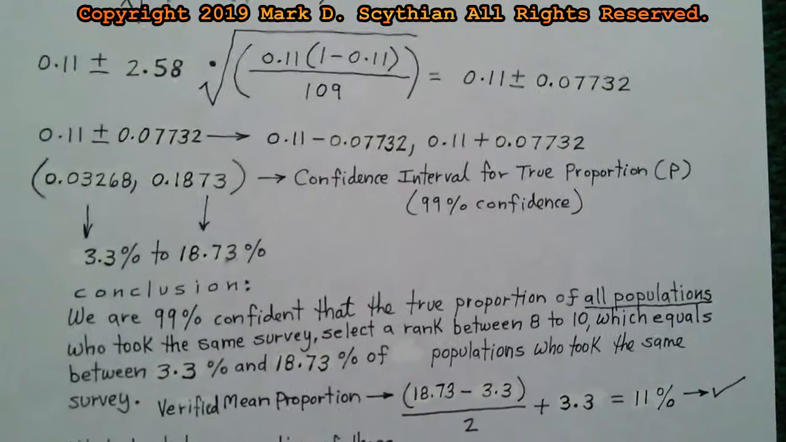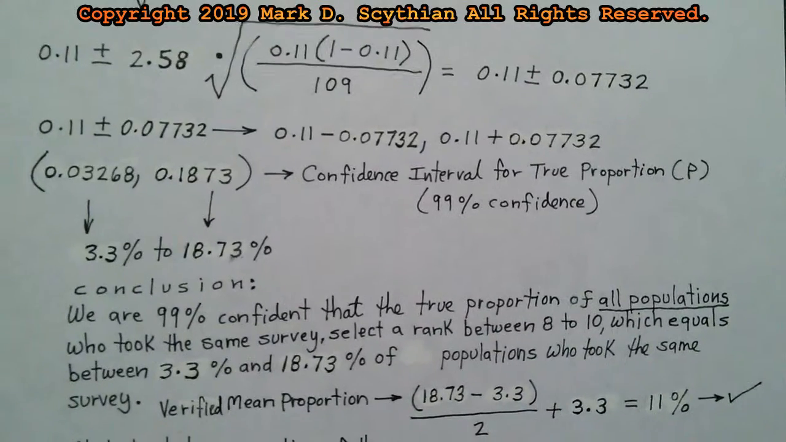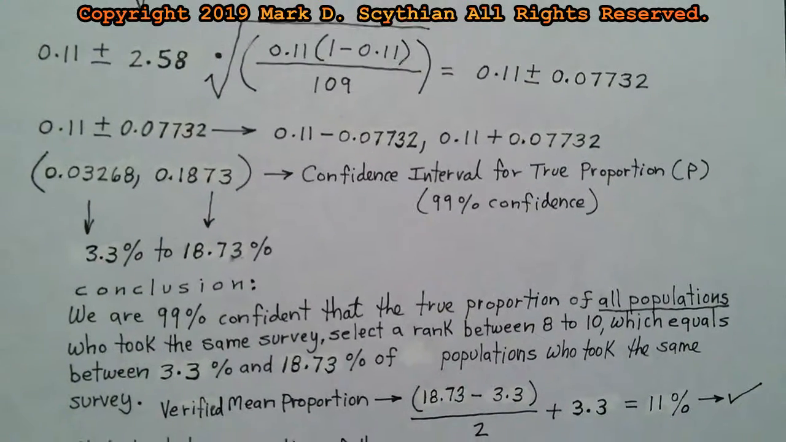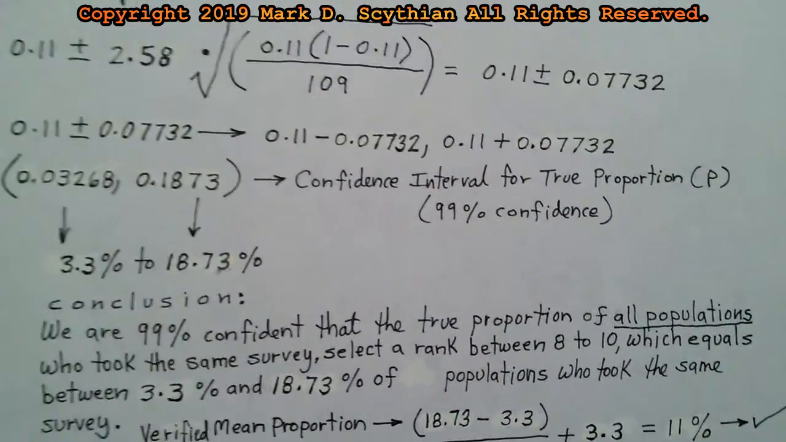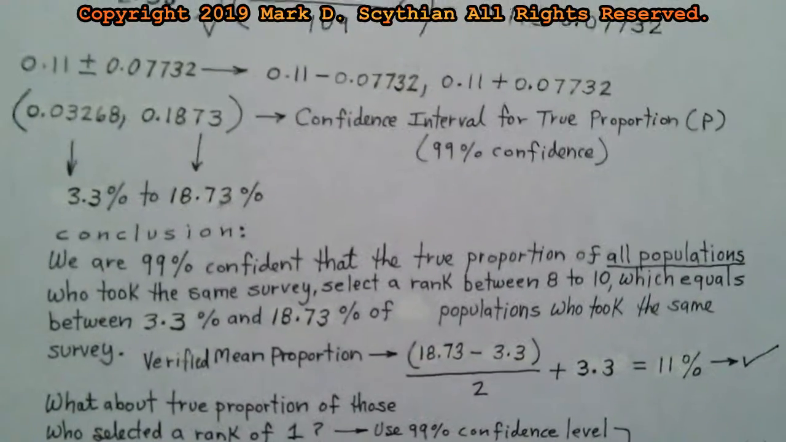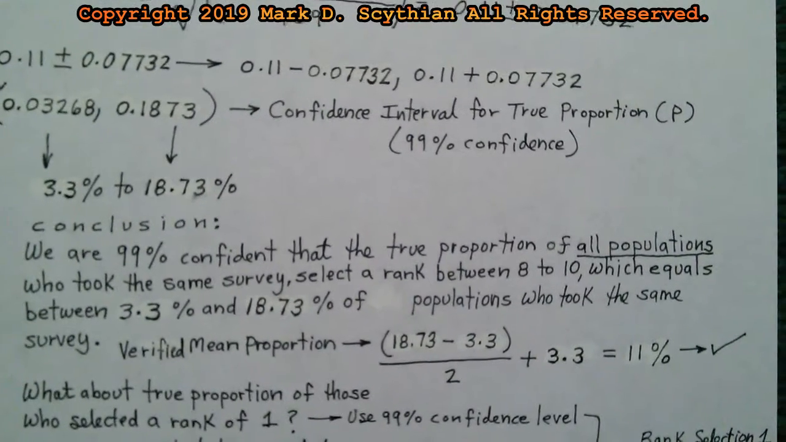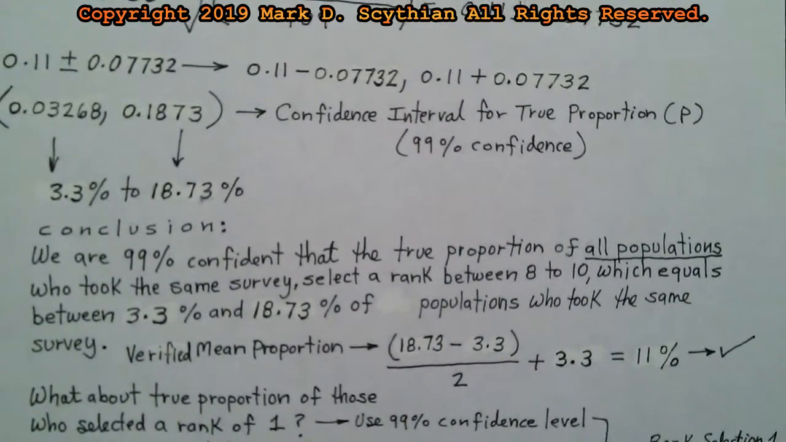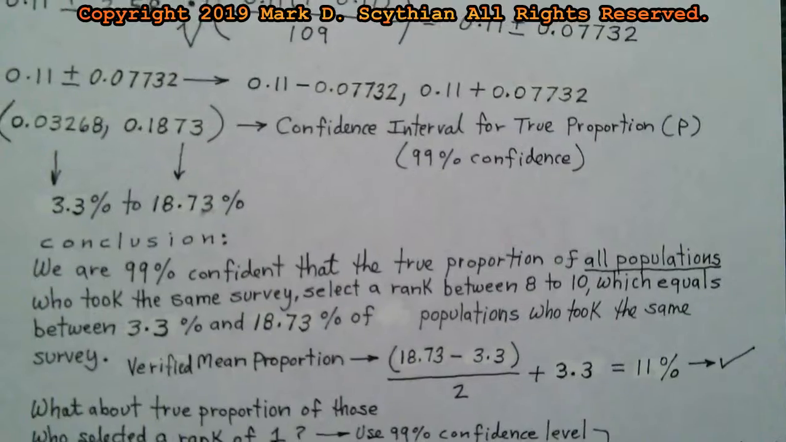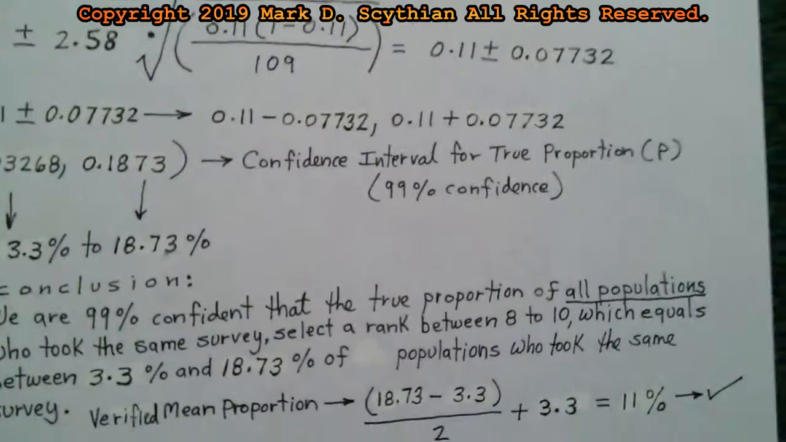But if you want to know the limits, so what are you dealing with? You put the same product out on the market, and you took this normalized distribution from a random distribution using central limit theorem, then derived into a confidence interval for proportions. You will get a conclusion, which is we are 99% confident that the true proportion of all populations who took the same survey select a rank between 8 to 10, which equals between 3.3% and 18.73%. You could say 3 to 19%, and it's so important, I kind of kept that out, I'm going to write that in, is of all